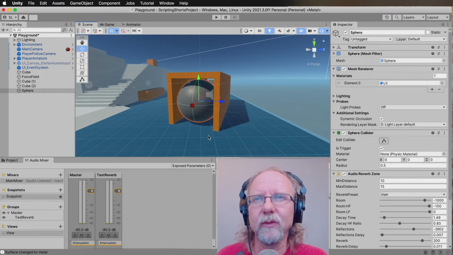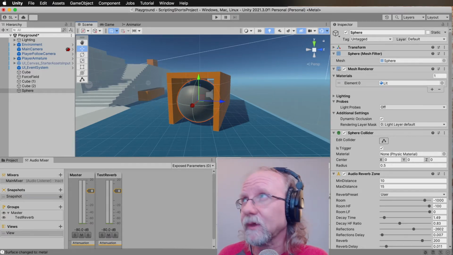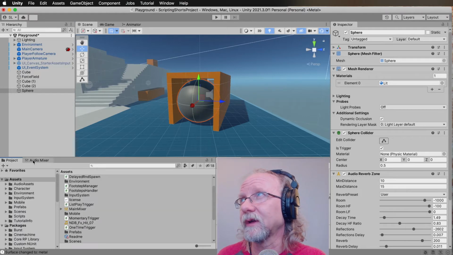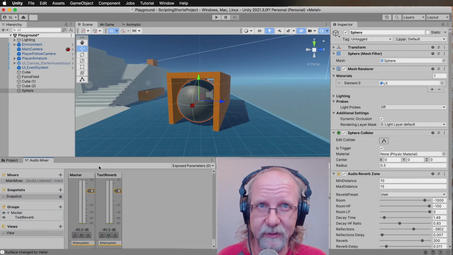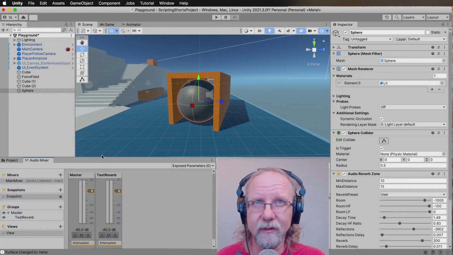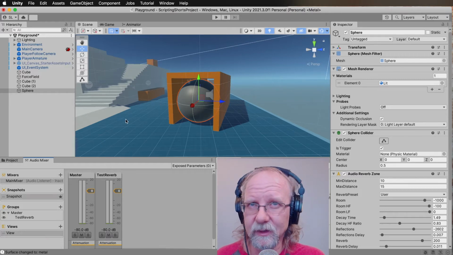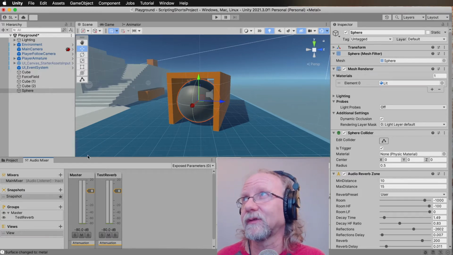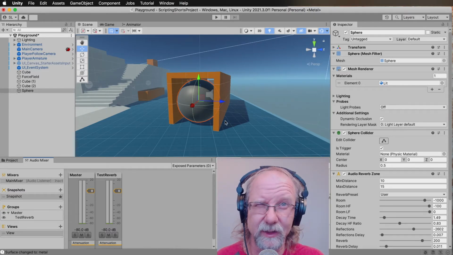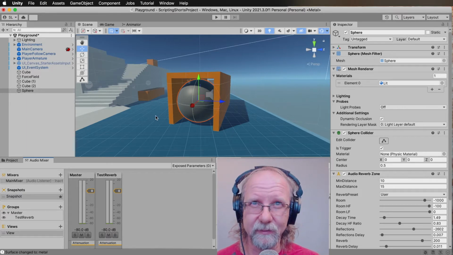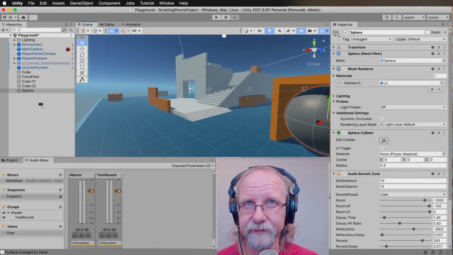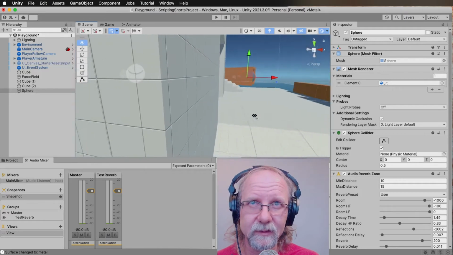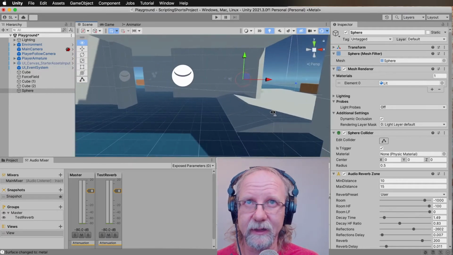And basically, in that case, you'll want to have already created a mixer. And as you can see, I already have created a mixer at this point in time. Now, in this particular case, even though this is called test reverb, this is the sound from, I think, my footsteps that are coming in through here. So I'm going to make it so that when I walk through about here,